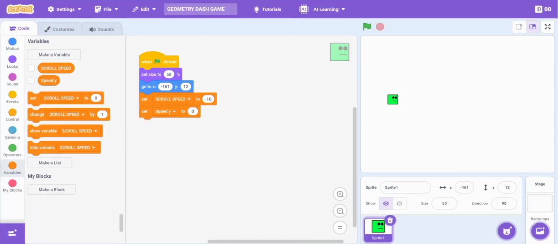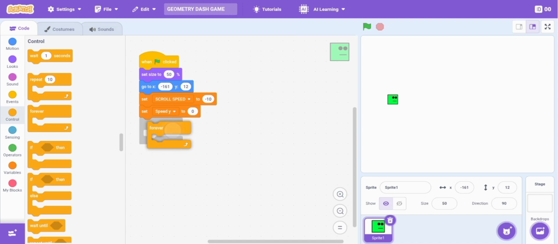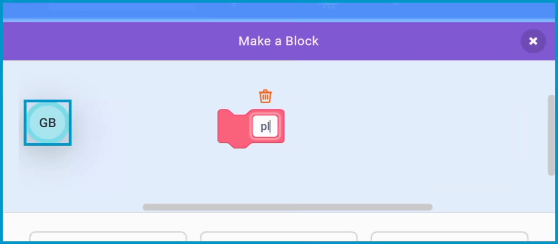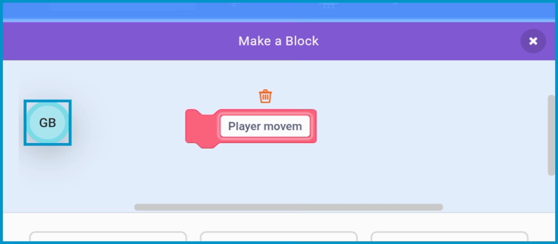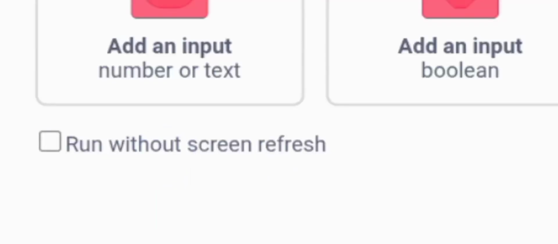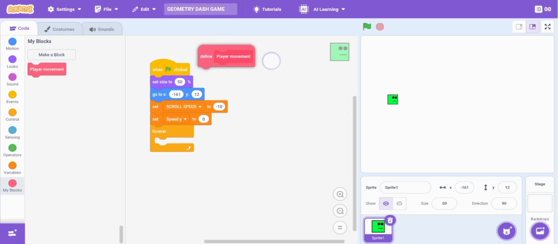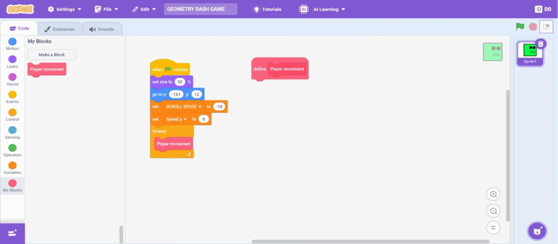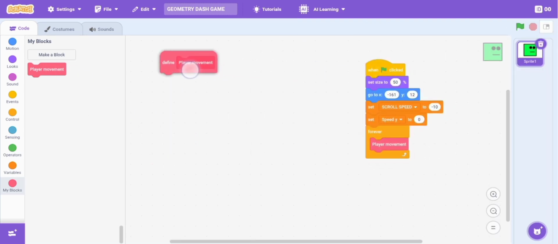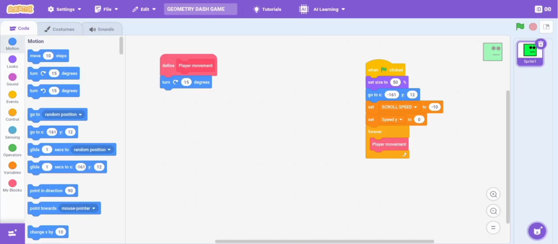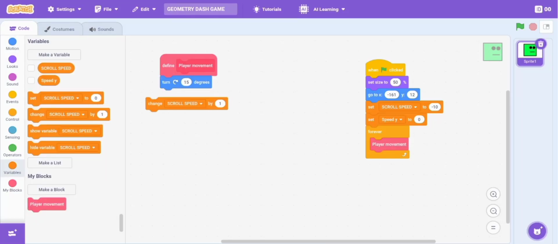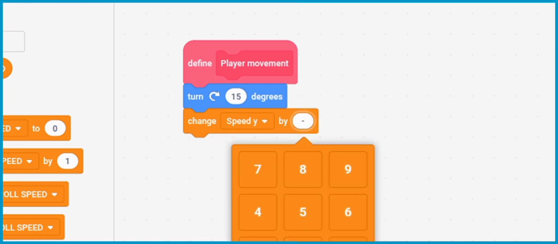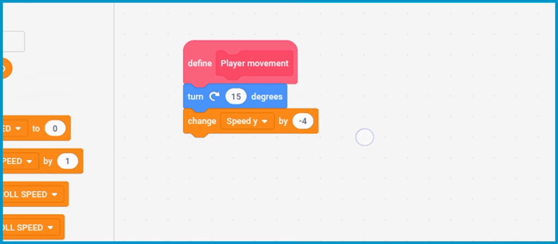Now drag out forever and make a new custom block, naming it player movement. Run without screen refresh and press OK. Now drag the new custom block in the forever loop and do some coding in the new custom block. Drag out turn 15 degrees for the rotation of the player and change speed Y by -4 for the gravity, and drag out if